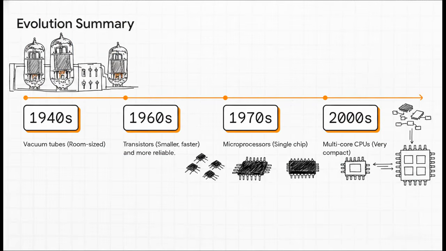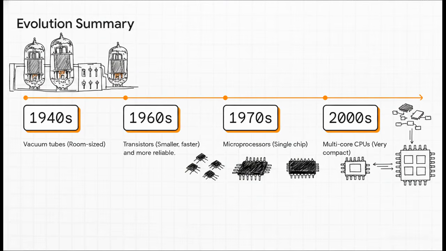This timeline perfectly maps out that relentless, accelerating drive to shrink everything down. We kicked off with those massive, room-sized vacuum tubes in the 40s. By the 60s, transistors came along and swapped them out, making things smaller, faster, and way more reliable. That transistor boom is exactly what birthed those single-chip microprocessors in the 70s. And from there, the miniaturization just kept speeding up, faster and faster, launching us straight into the incredibly dense multi-core